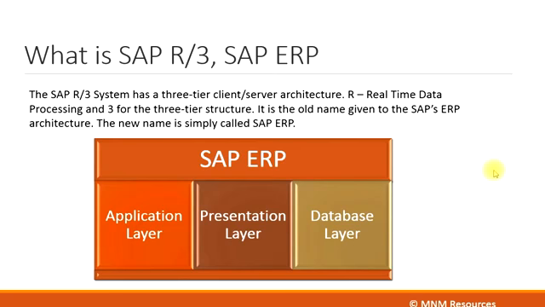Now the database layer is where all the data is stored in SAP. All your master data and transaction data, all the information is stored in the database layer. The application layer is where all the transactions are processed. So it talks to the database, gathers all the information and processes. And all the processing is done in the application layer. So once again, the presentation layer is the main user interface screen which you see. In the database layer all the data is stored and the application layer is where all the processing is happening.